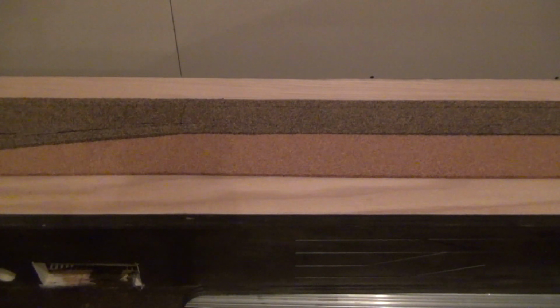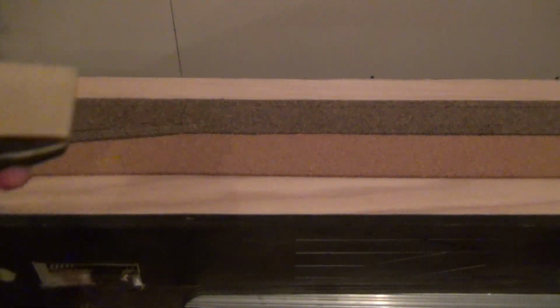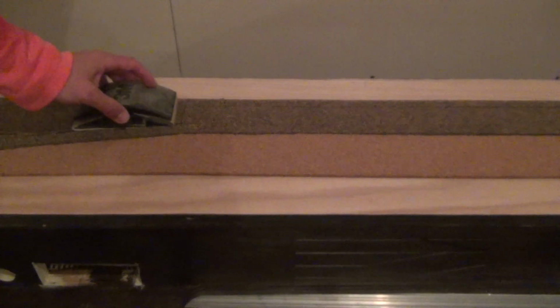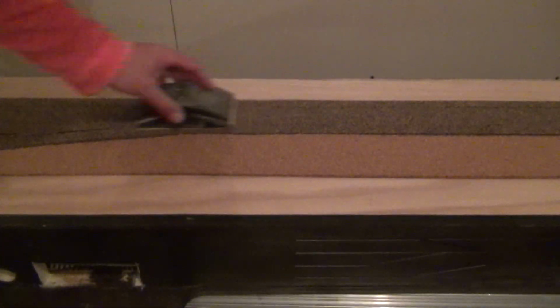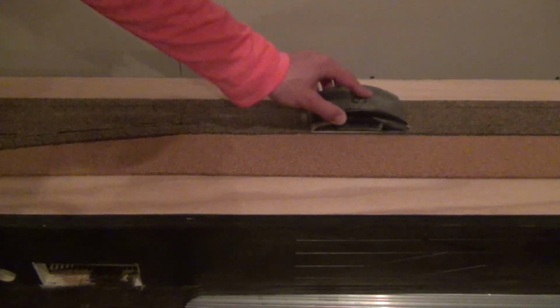Okay, so I gave the cork probably about a solid 7-8 hours to dry and set up. Took the weights off. Real happy with how this turned out. Everything's nice and solid. Just have a simple sanding block here. Just going to gently run it over. Generally this turned out real smooth. But just make sure that there's no rough edges,